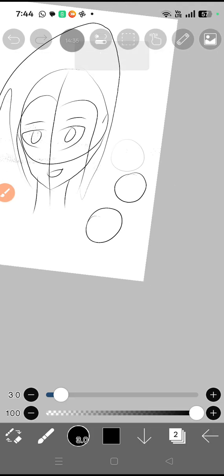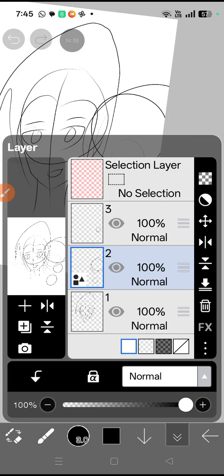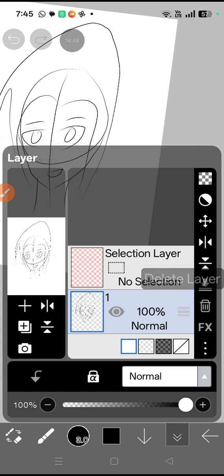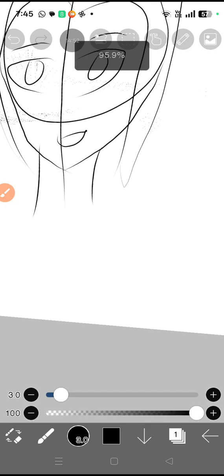But as you can see, it's not a fully developed vector layer. I'll explain this in the next class, but for now let's focus on the basics. Delete, delete. Okay, now